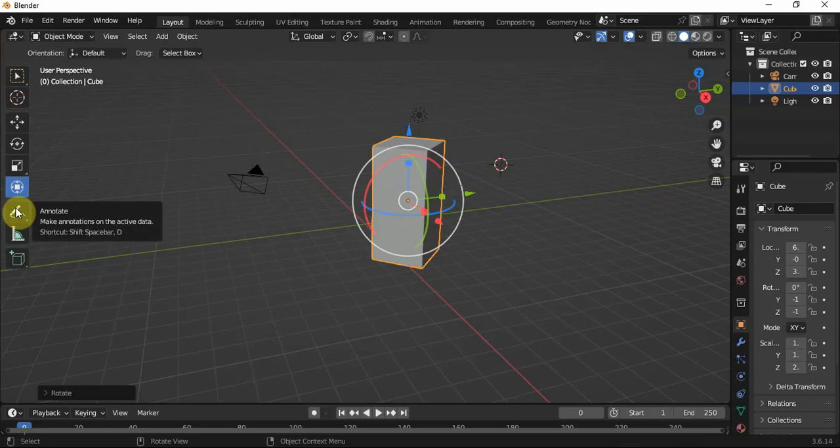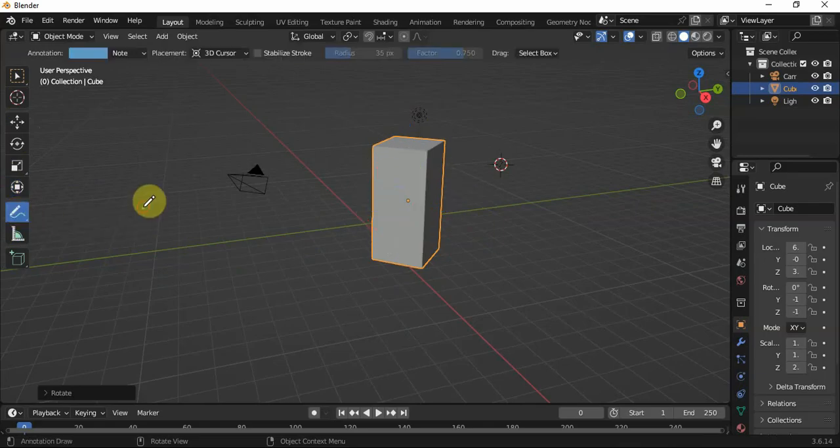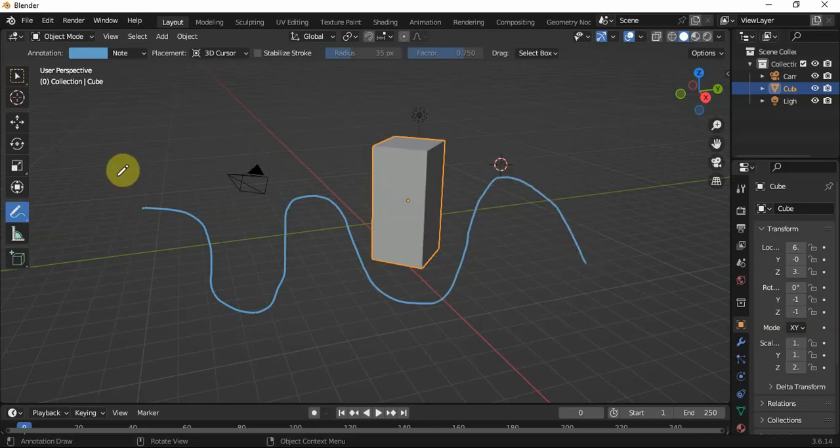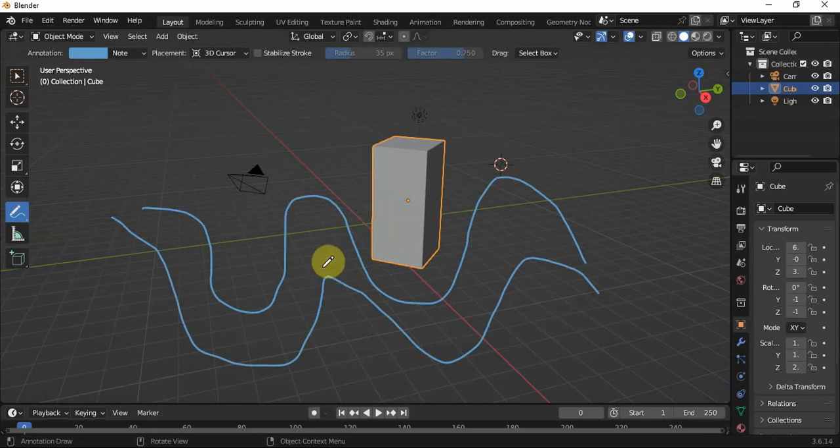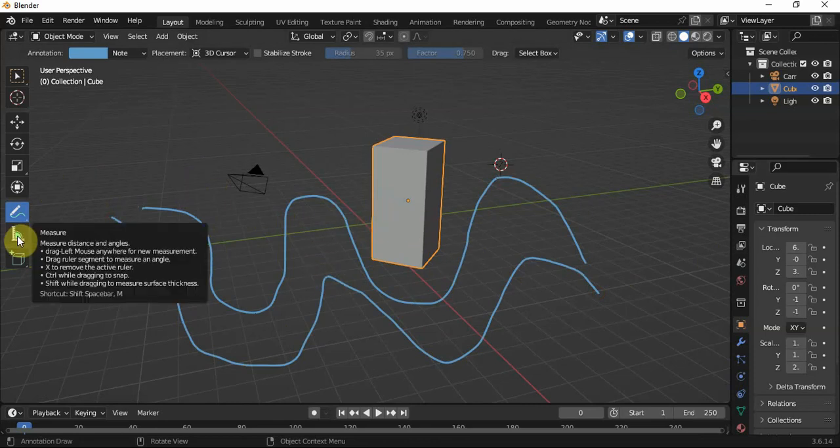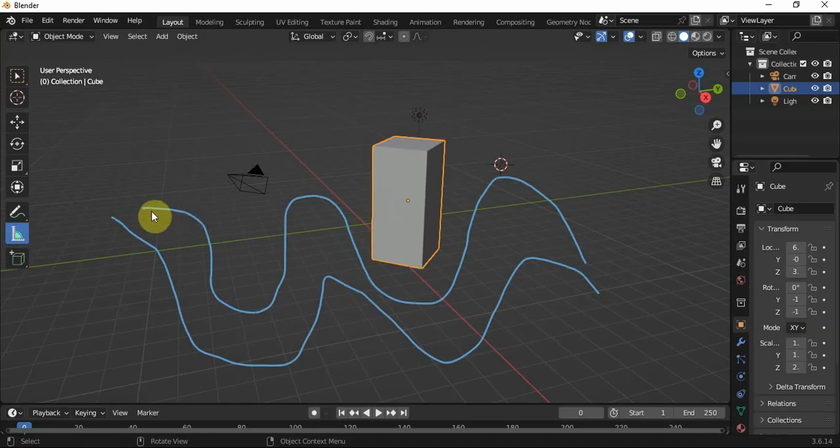So this one is just to annotate, that's to draw. I can decide to turn it to mesh. That's one thing about Blender. I can use it to draw a pathway like that. So this is to measure. I want to measure